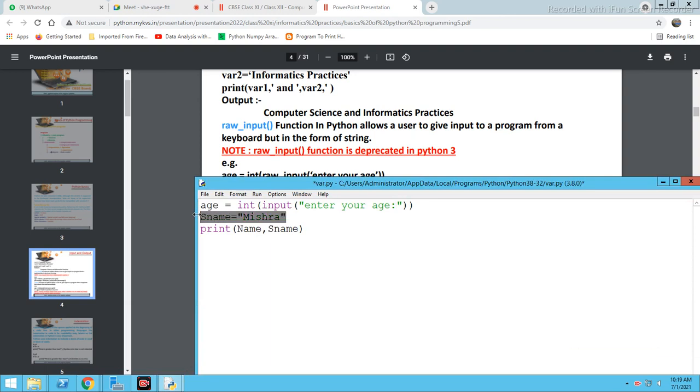So age is also a variable where we are giving our age, and c is also a variable where we are adding 2 in age, right? So simply we have written it.